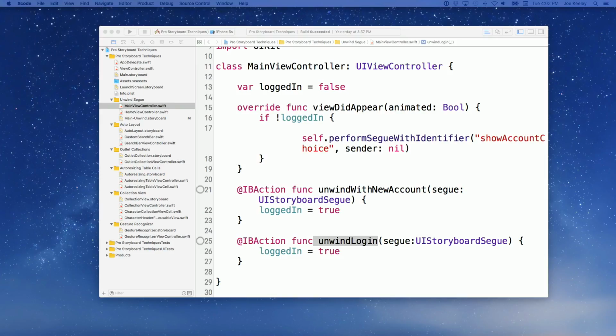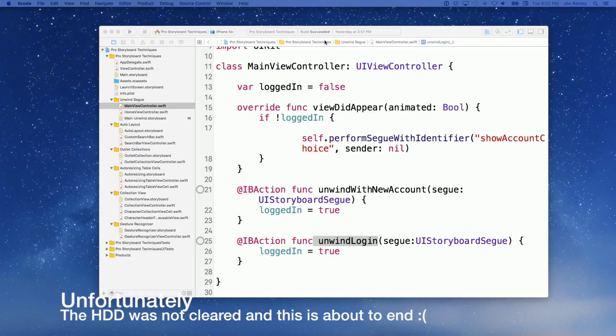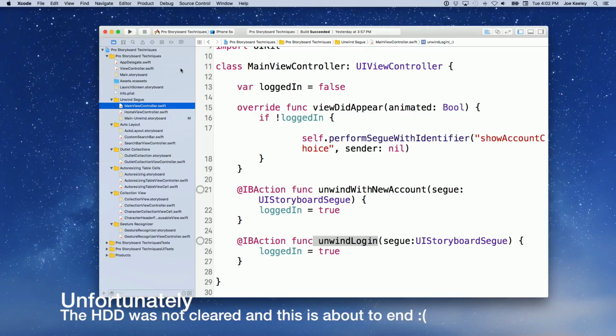All right, so let's take a quick example. Let's take a look at doing some auto layout stuff here. So I have a client recently